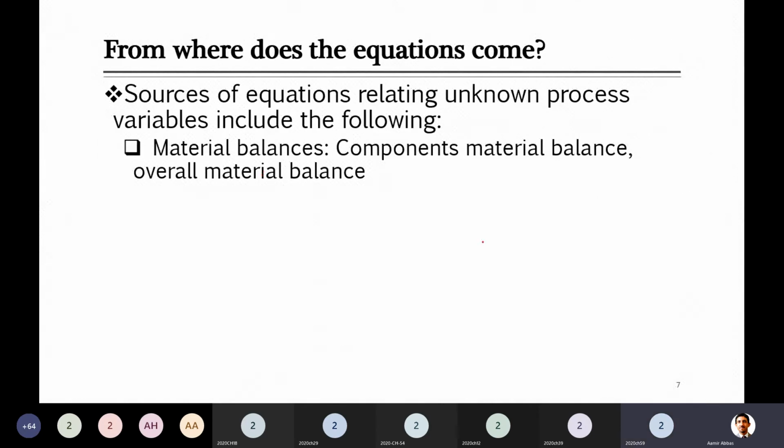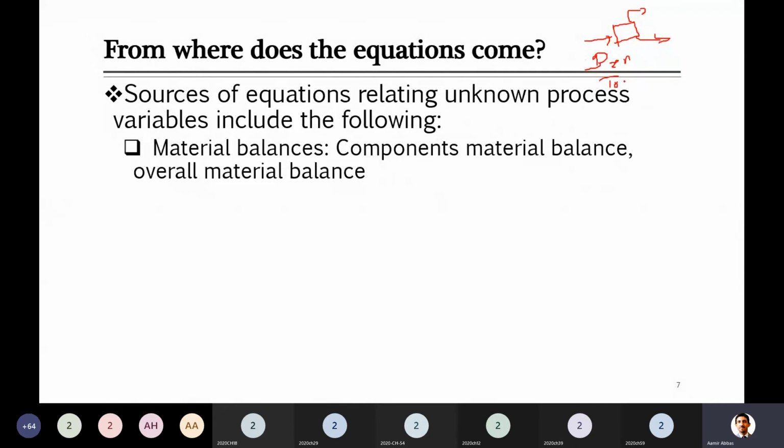How about component equations? If you remember one question that was related to benzene, can you recall it? Benzene and toluene were entering some system, and then they get separated. That was some distillation column in which they get separated into two streams, one top stream and the other bottom stream. You solved that problem, if you remember. Yes, sir. I told you at that time that you have to write one equation for benzene and another equation for toluene. Can you recall that? So that's called component balance.